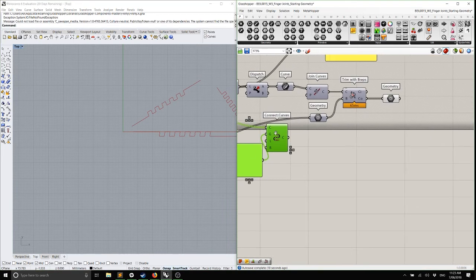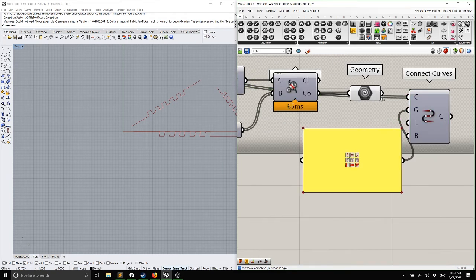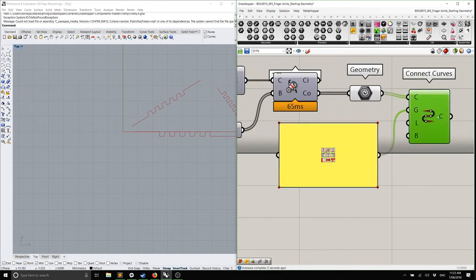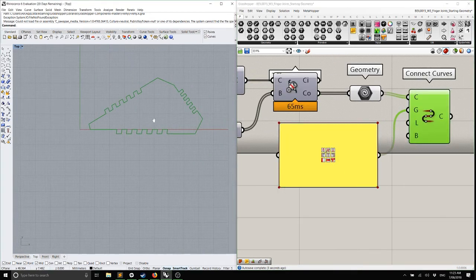So if we grab and copy and paste our connect curves component and plug our new trimmed curves into that, that'll create our closed triangle. Okay, the nightmare is almost over, okay? So, when we laser cut something